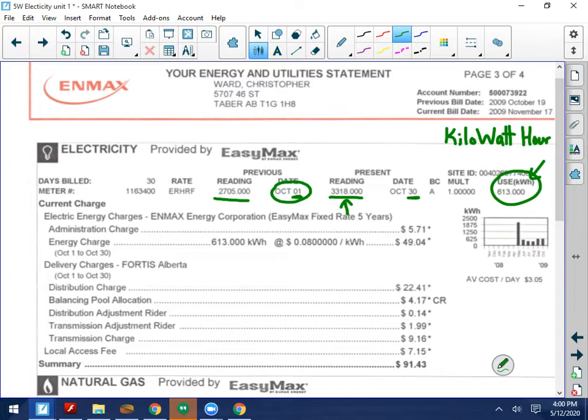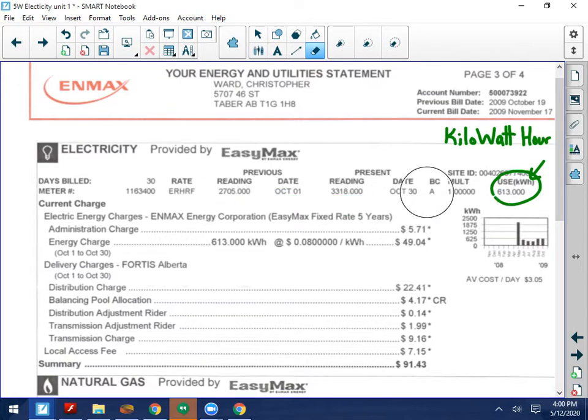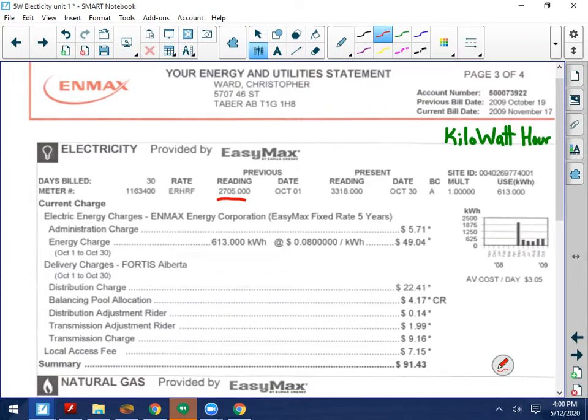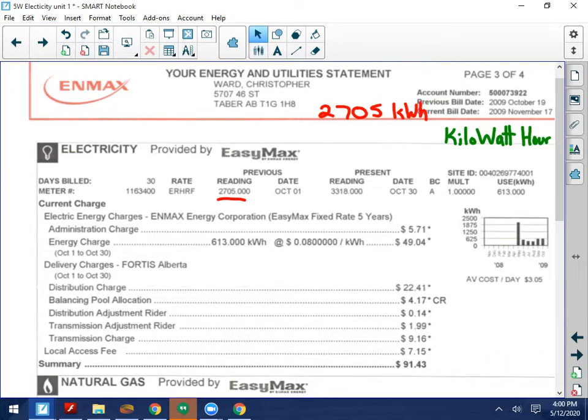And so I used 613 kilowatt hours. So what's happened is on the 1st of October, my electricity meter outside my house had a reading of 2705 kilowatt hours. And then on the 30th of October, it read